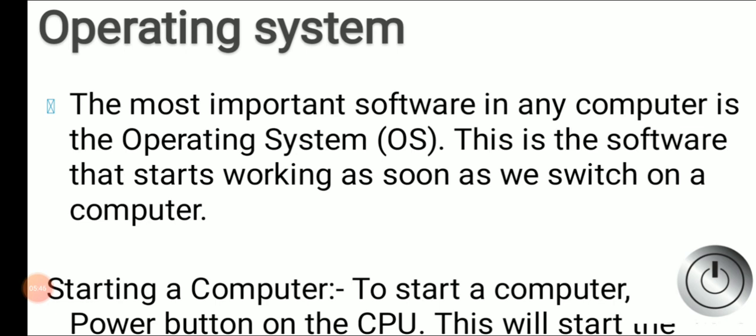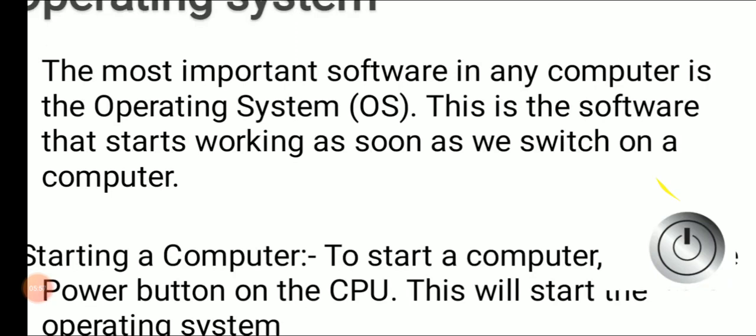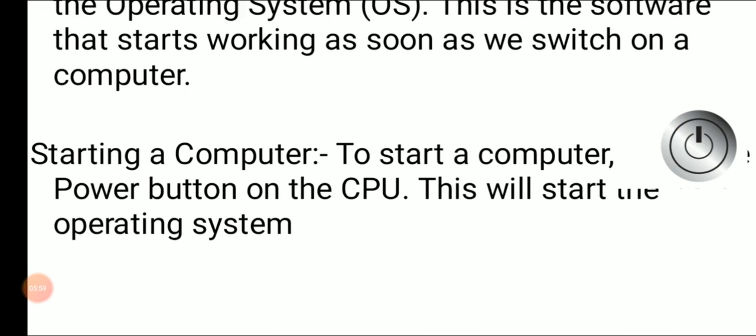Children, the name of the unit is basic operations of computer. The first basic operation is starting a computer. We are all aware that in the CPU, this power button is there and we use it to start the computer. When you press that power button, for about 1 minute some processing goes on, because basically the computer performs the BIOS operation.